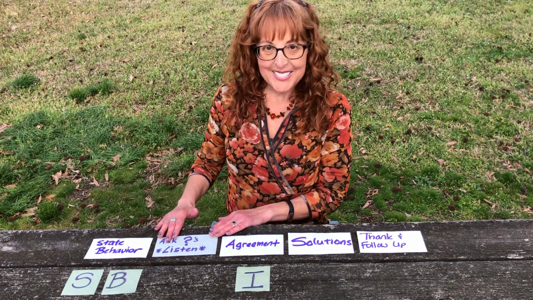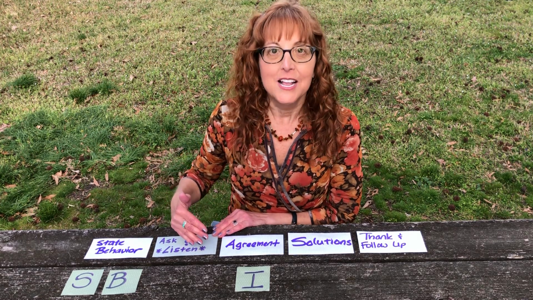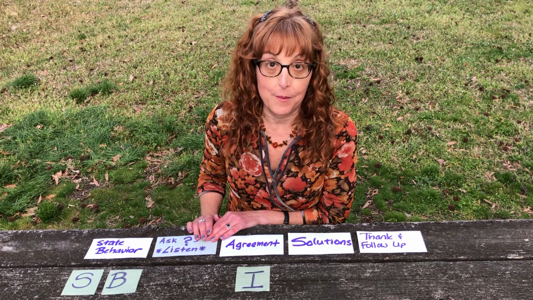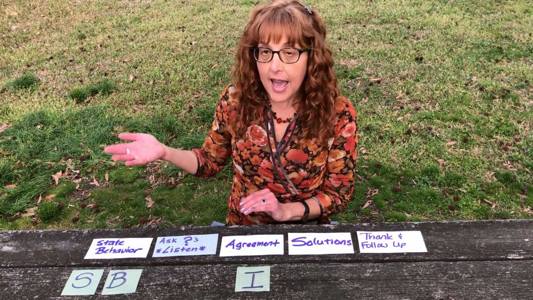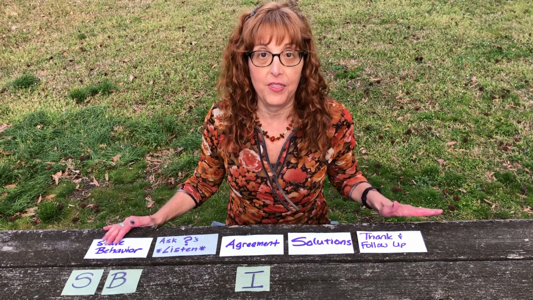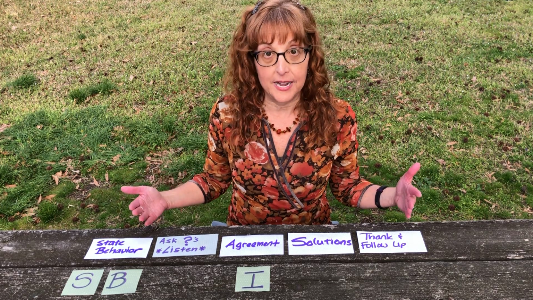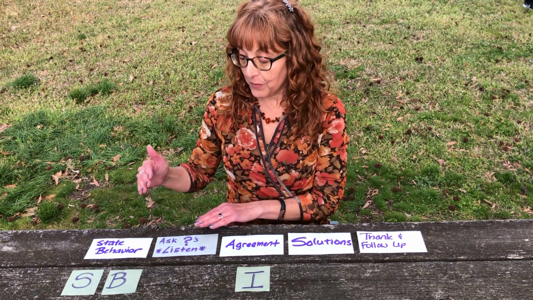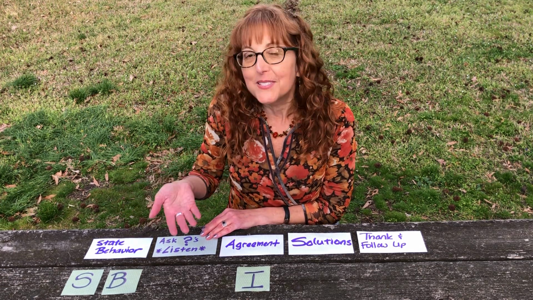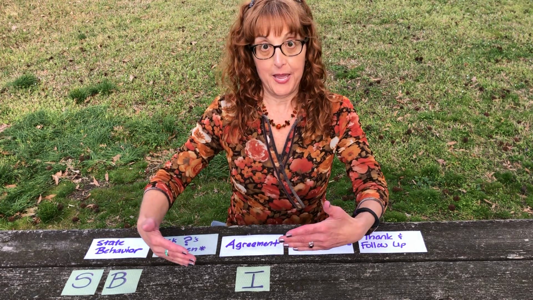That's it. Step 2 is you ask open-ended questions and you listen. Sounds easy, and we often skip this step because it would be so much easier if we could just say, hey, this is what's going on, and I want you to change it in this way, thanks. Yeah, that would be easier. It would be way less effective. So it's really important that we ask open-ended questions and we listen. So we say, so what's up? What's going on with you? And we give them a chance to speak, all right?